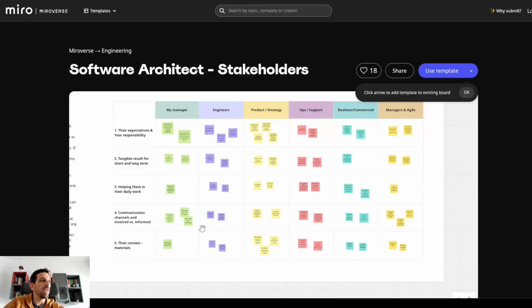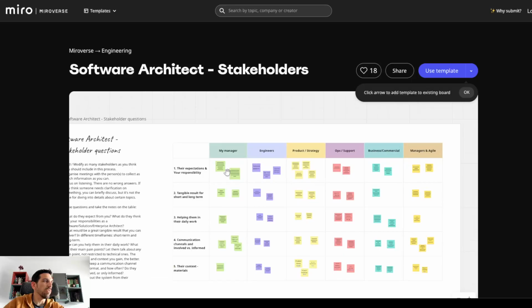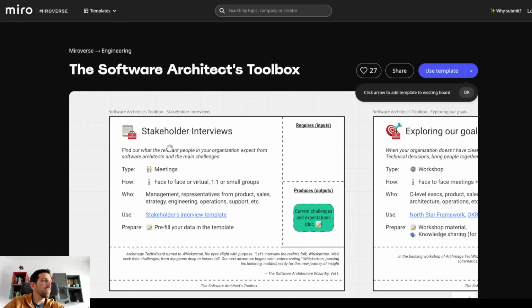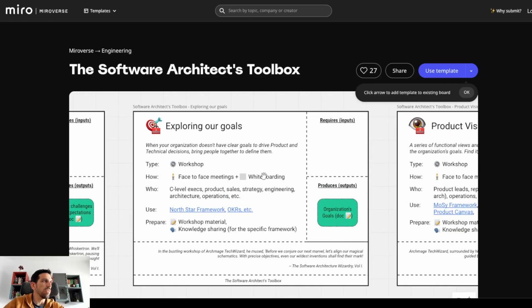Then you can collect all that information with this template. So as you can see, very useful to start in the role as a software architect: talking to people, stakeholder interviews. Then if we go back to the toolbox, the second thing you will have is the exploring your goals